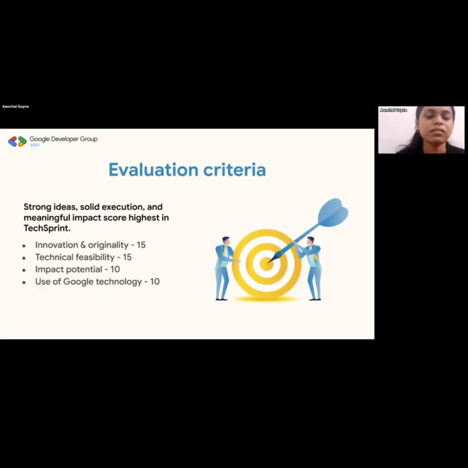So, as I said, if you focus on the whys and the hows, you will ultimately build a really good product. So, what is the why? Why are you building the solution? Why is it necessary? Do we actually need this in our community? How is it going to solve the problem? How is it going to create an impact? So, focus on these questions when you are thinking of a problem statement.